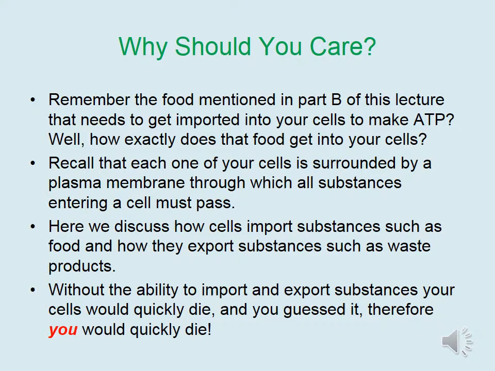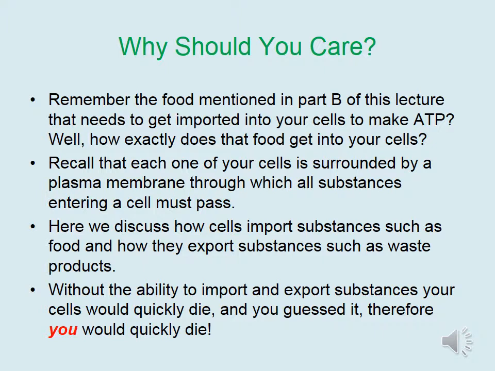Remember the food mentioned in Part B of this lecture that needs to get imported into your cells to make ATP? Well, how exactly does that food get into your cells? Recall that each one of your cells is surrounded by a plasma membrane through which all substances entering a cell must pass. Here we discuss how cells import substances such as food and how they export substances such as waste